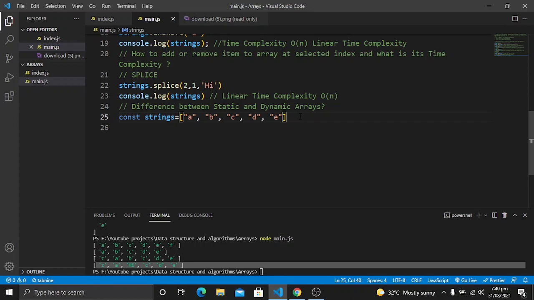Under the hood, if you want to learn more deeply about it, it follows the same concept. You can read more articles about how it behaves under the hood. Here our agenda is just to discuss the idea or the difference between static and dynamic arrays. So this is the main idea between static and dynamic arrays. So let's move towards the next step.